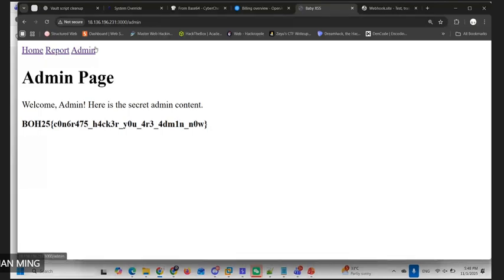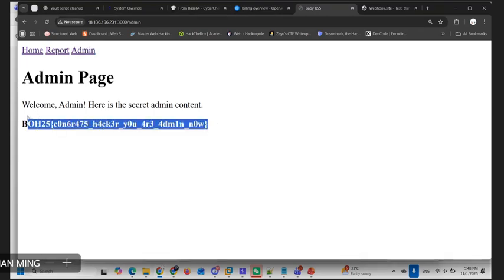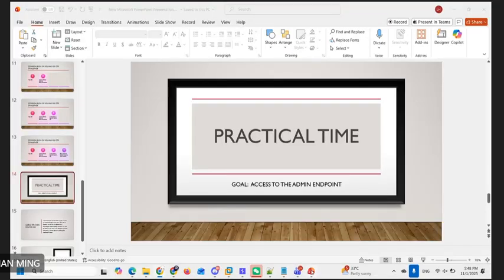So now go back to the slide. I will show one useful tip that you can use when you're doing a cross-site scripting challenge. If the source code is given, you can try to run the challenge